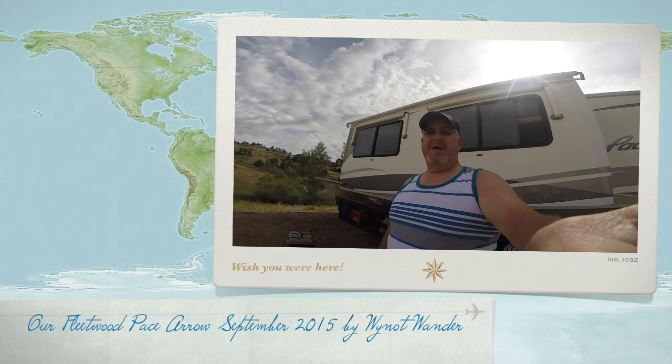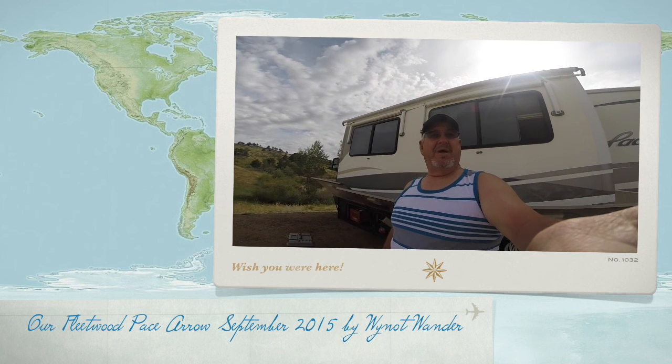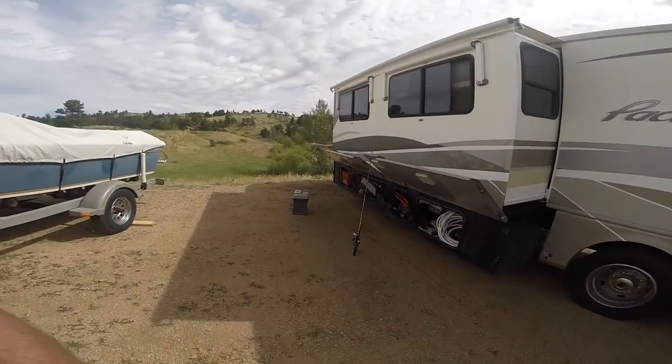Still camped up at Curt Gowdy State Park in Wyoming, Granite Reservoir. Going to do a little fishing this morning. Got a project on the motorhome, a couple things I'm going to be doing here this morning. Linda's still in Denver at a conference, but as I was digging out my fishing poles and tackle boxes, I